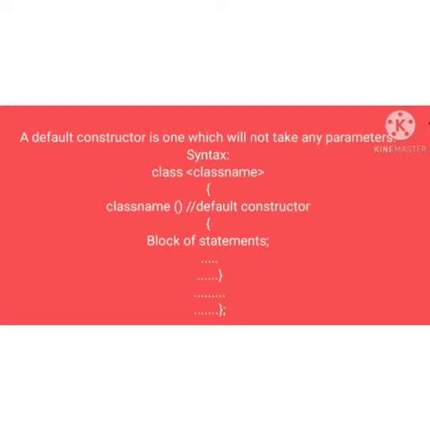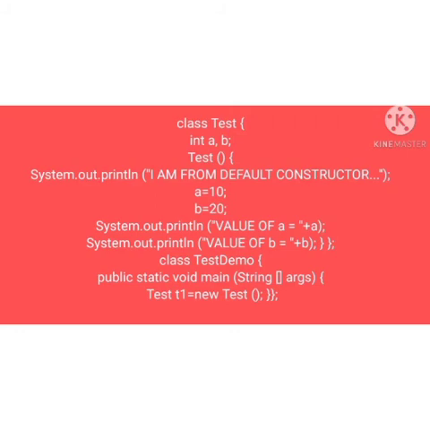First one is default. A default constructor is one which will not take any parameter. Syntax: the class name is taken as the default constructor, followed by a block of statements. Here no parameters are taken. Example: class Test { int a, b; Test() { System.out.println("I am from default constructor"); a = 10; b = 20; System.out.println(a); System.out.println(b); } }